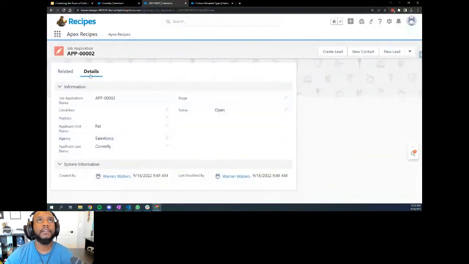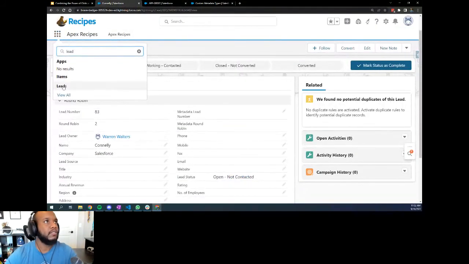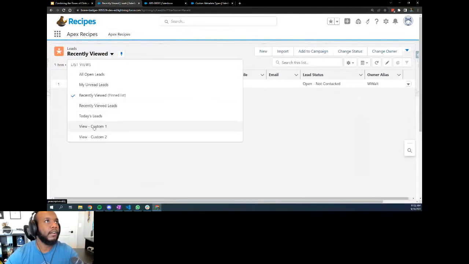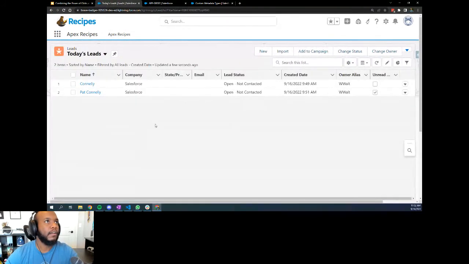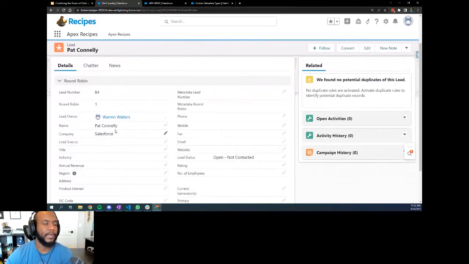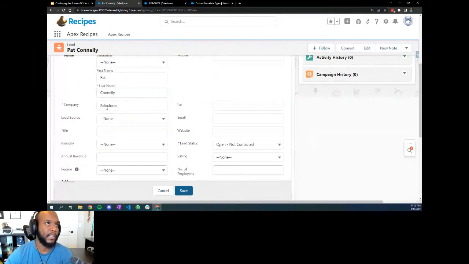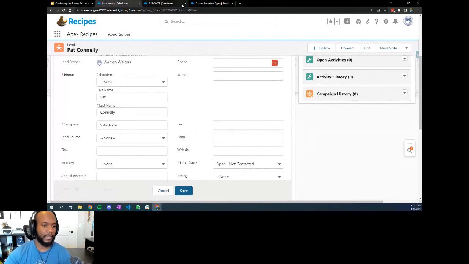That ran. Let's check out, I should probably add these to the top bar here. So we can now see there's a new lead that got created with Pat's information, or his first name now, his first name, last name, and the company as Salesforce. So we didn't have to do any code changes. We've literally mapped our values through, and